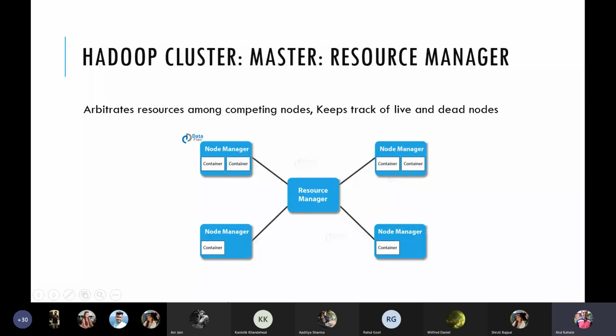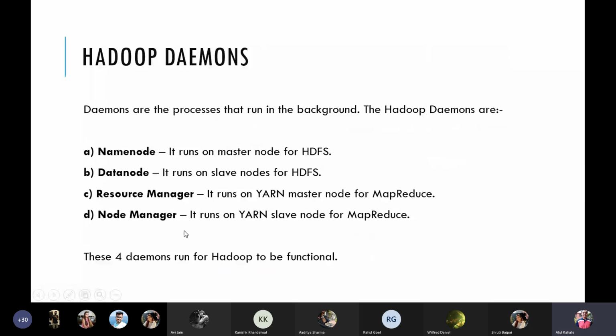So in simple terms, whenever, let's say, we submit a MapReduce job, it will be picked up by the resource manager. And the resource manager will then use the resources on what we call as the node managers. So node managers, remember, are the slaves. Again, node managers are the slaves for yarn and MapReduce processes.